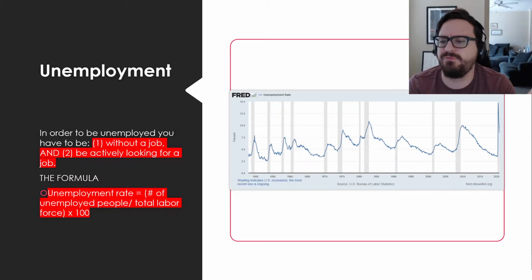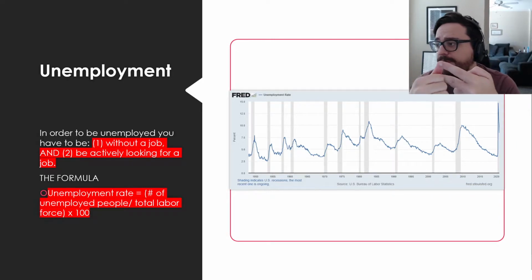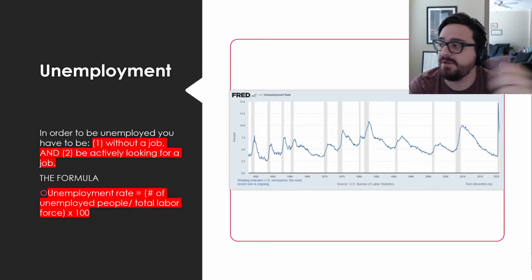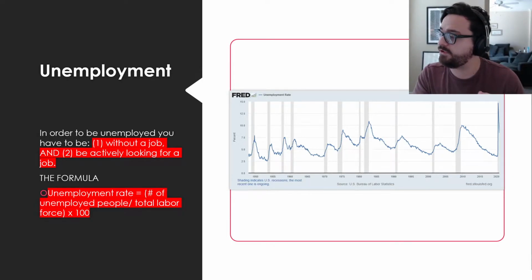And if you're like, well, how would we prove people are trying to look? Well, one, you can always save files and submit them. And two, you have a government ID number. It's your social security number. It wasn't created for that purpose, but a lot of the times when you're applying for jobs now, you are required to put your social security number in. Well, if there's an online database of your social security number somewhere in the government, then every time it's put in for a job application, it would ping, and ooh, that person's applying for a job. They're actively looking. Do they have a job right now? Click, click, click. No.